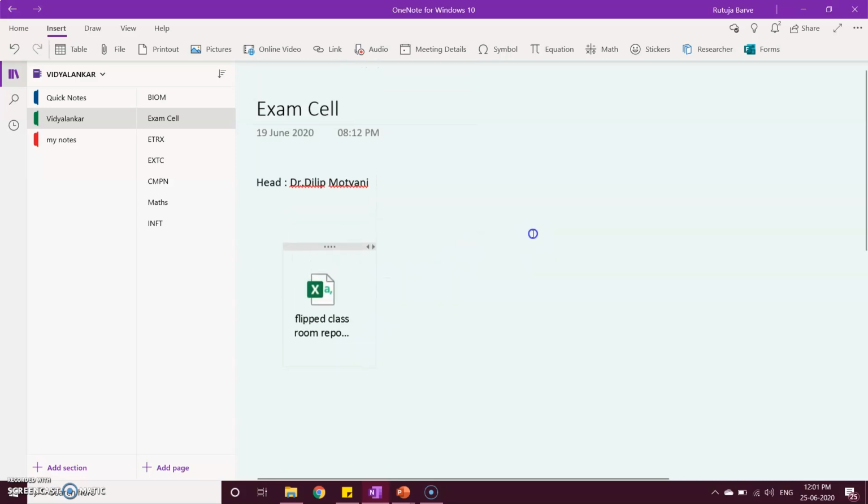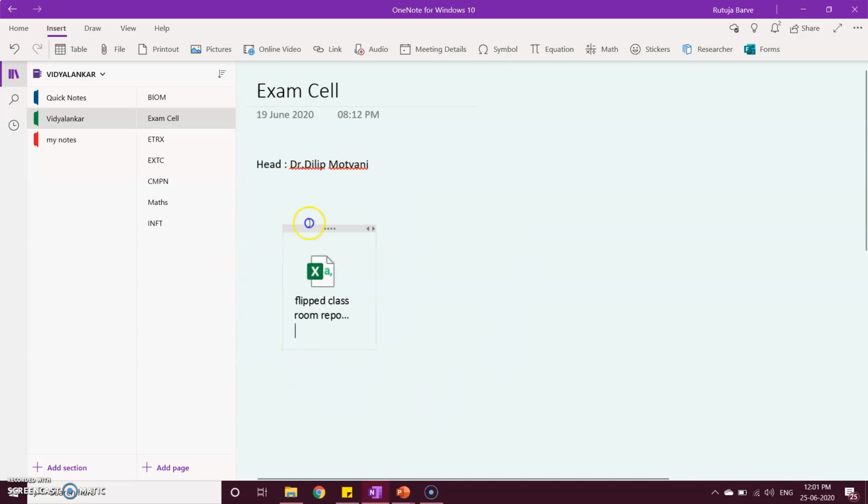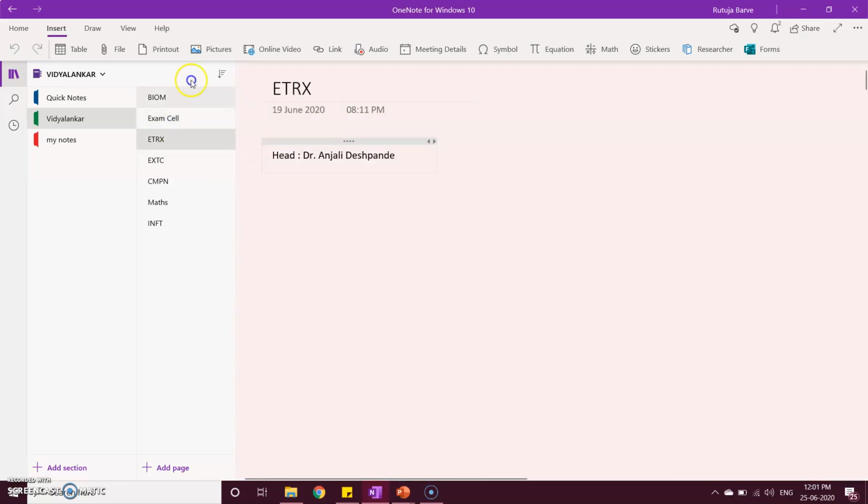Now see, if I am taking a lecture and I am going to need this file while I deliver the lecture, I will just double click on this and the file opens while the lecture goes on. If I click on another page and want to add a photograph which is useful for my topic, then I can select a photograph from my file or the laptop, or I can live click it. Let's select this from the laptop.